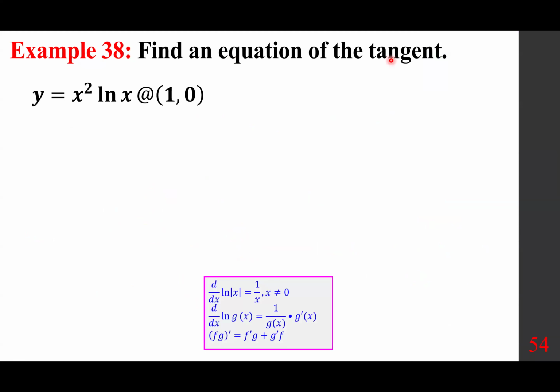We want to find the equation of a tangent line for y equals x squared ln x at 1, 0. And as you recall, to find an equation of a tangent line, you need two things. You need a pair. It's given. You need the slope. You have to calculate. The way you calculate it, you notice is the product of x squared and ln x. You put a raised dot, meaning you are multiplying these two expressions, and